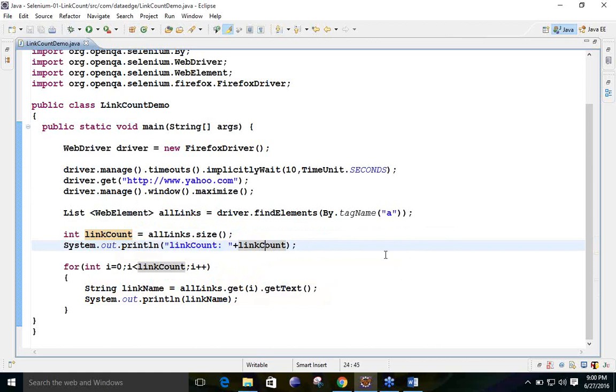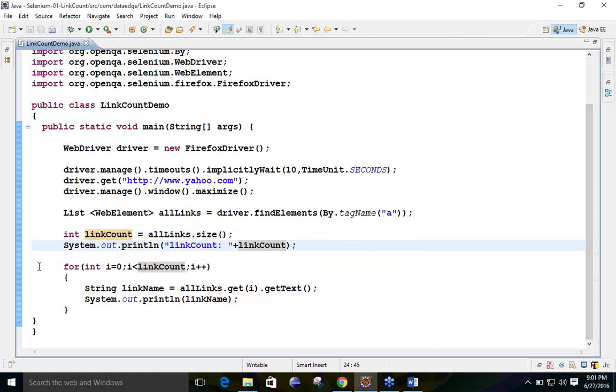And if you want to print the name of that link also, whatever links are available. Suppose it is telling that 5 links are present. Now you need to check what is the name of those links. For that purpose, we don't know till now what the link number is.